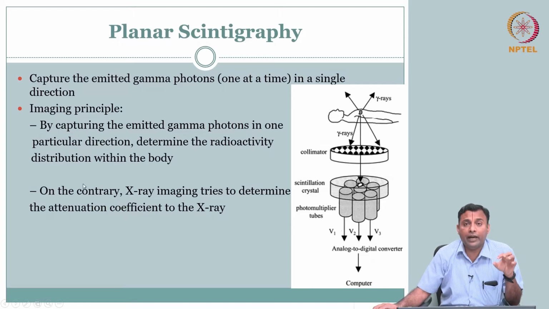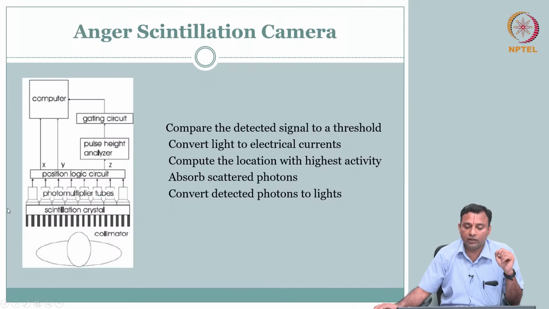And we had a lot of engineering of the radio tracers, so that we will be able to tune or engineer our detection side, so that we can say where it is coming from. The first major part is the camera, the Anger scintillation camera, that is your most important part. The whole block is very important, and we will go through it because this is the key.